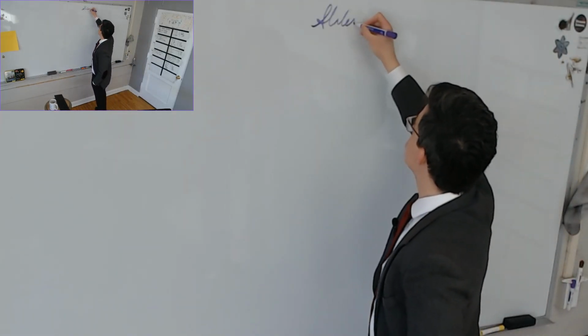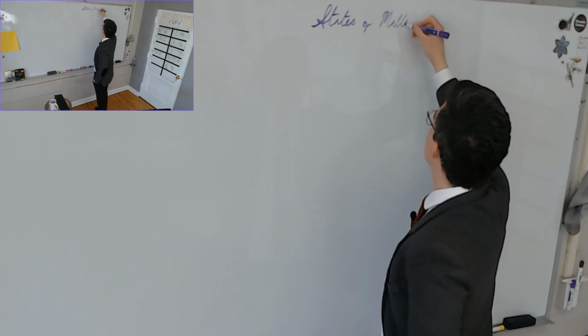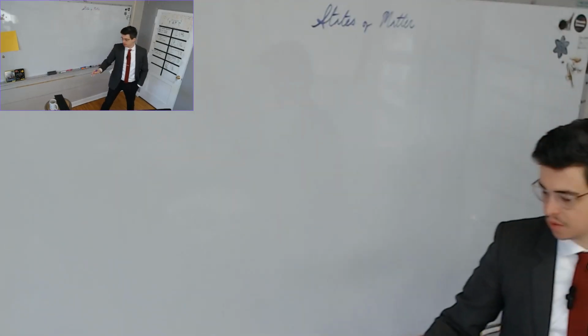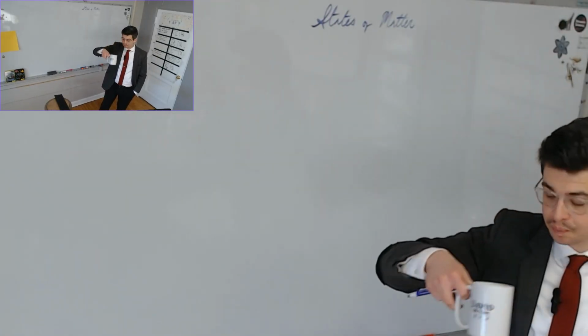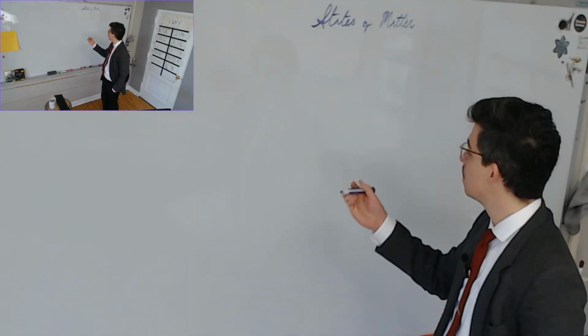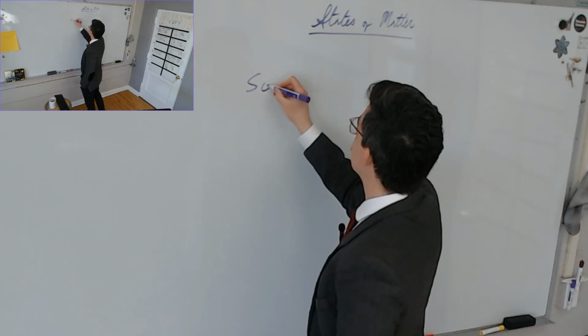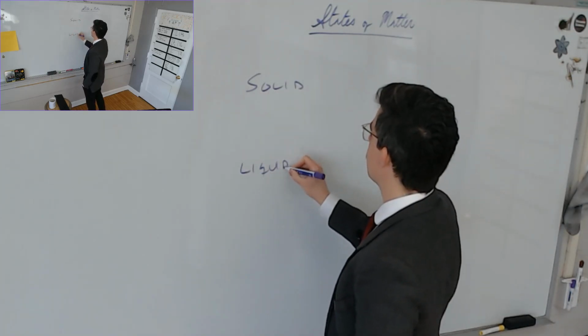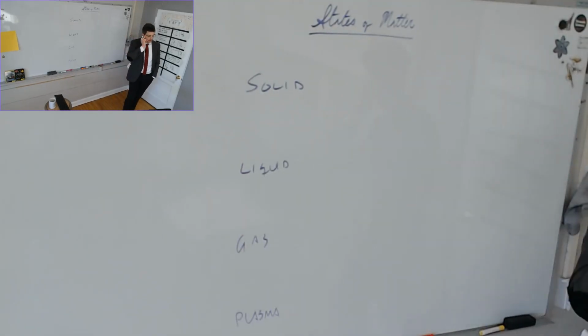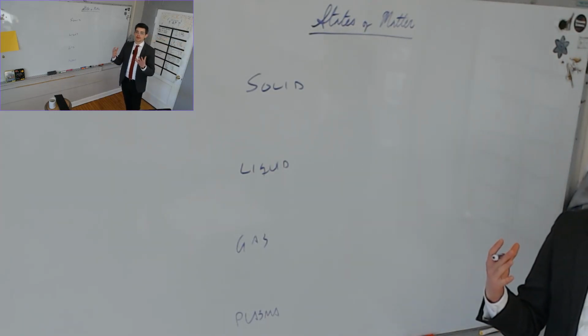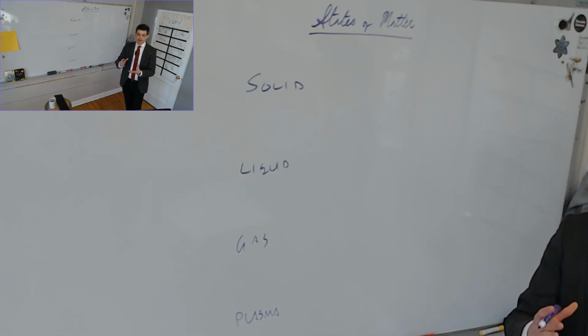States of matter. What are the states of matter? What does it mean for something to be a state of matter? Solid, liquid, and gas. End of list. Plasma. Solid, liquid, gas, plasma. There are others. I'm aware of one called Bose-Einstein condensate. I'm aware of another one called superfluid, and there are more, but these are the ones we're going to talk about today. The state of matter is kind of like the condition of a particular kind of matter in relation to